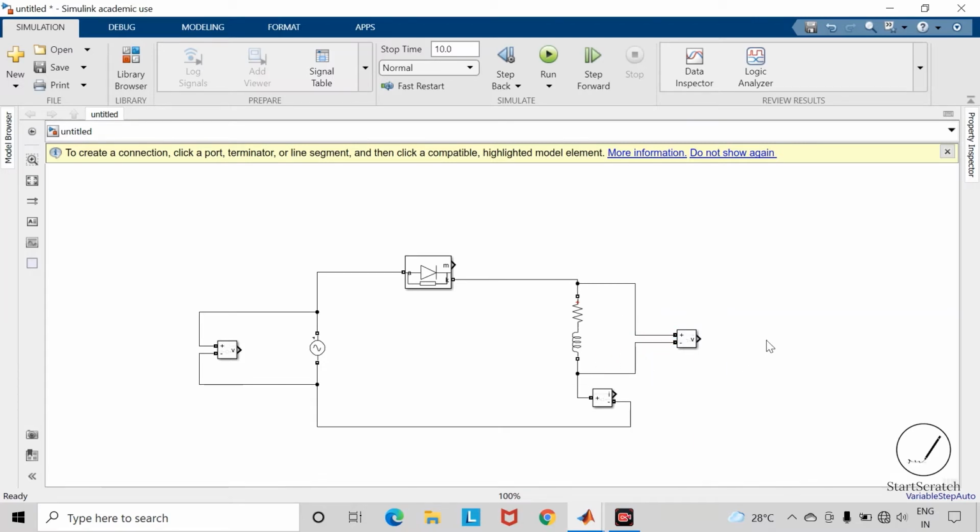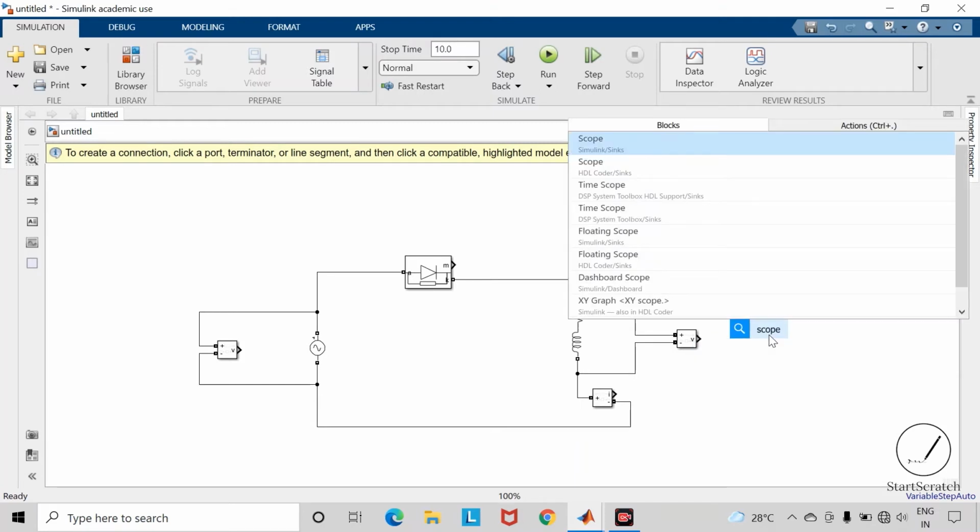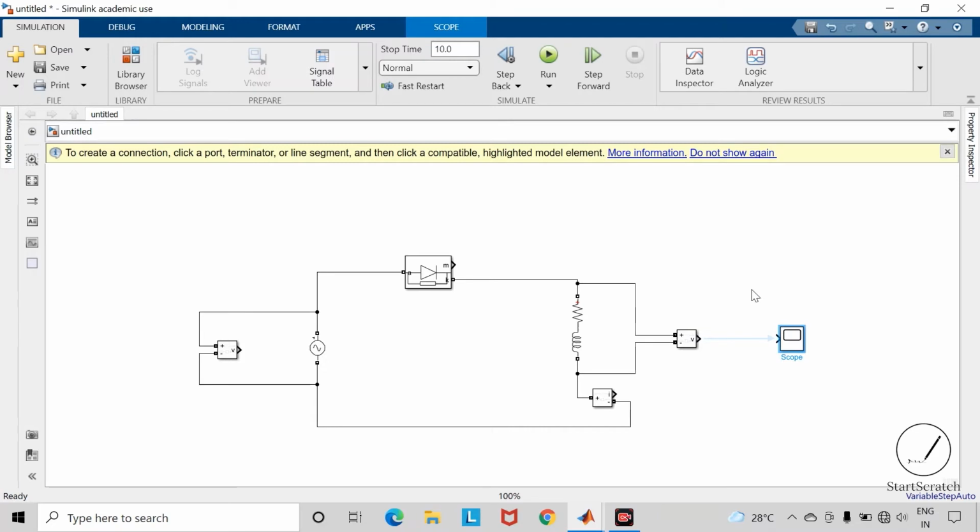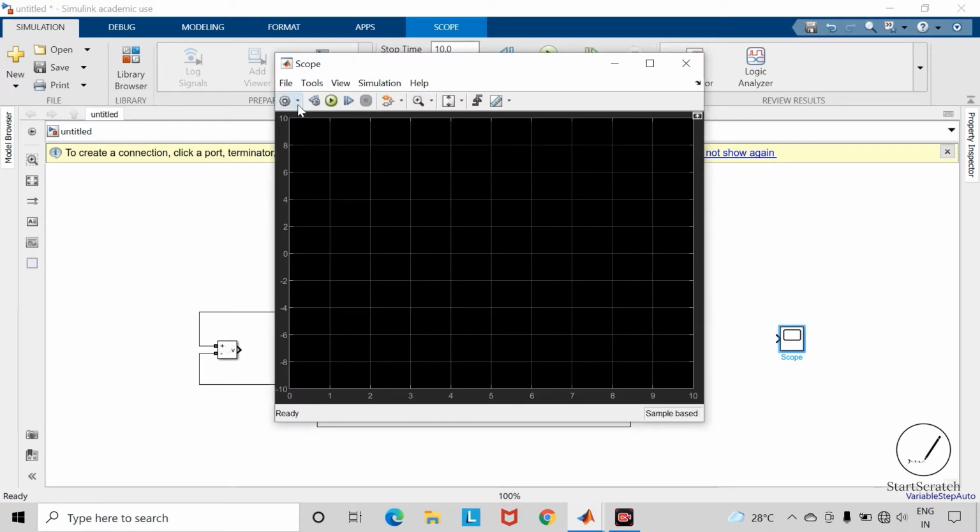To check the waveforms, we will take a scope. Now we want to connect this input side, this output side and the current. So we have to change the parameters of the scope block. Open the scope block. Go inside configuration properties.